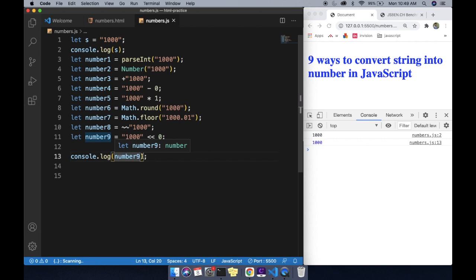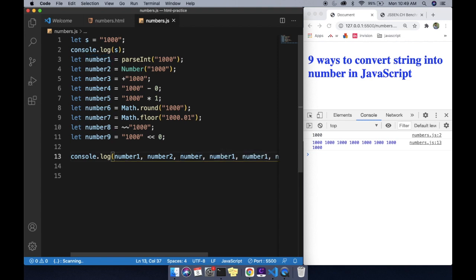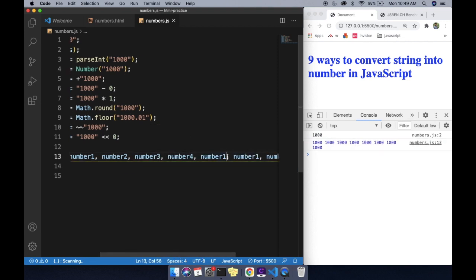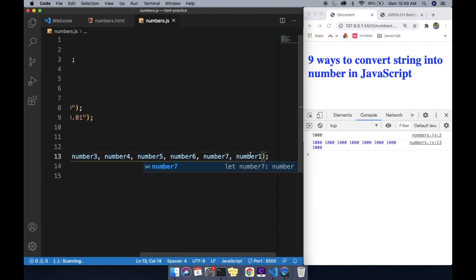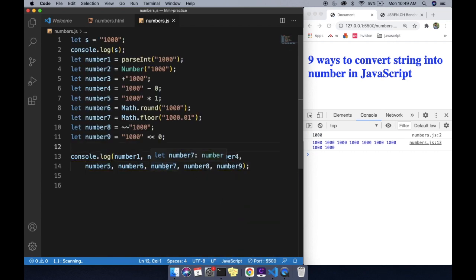Let me declare all the variables in the console. You can see the output here. Now I have declared all the variables in the console. Now you can see everything is in blue color, and these are all numbers. So by all these 9 ways you can convert a string into a number.